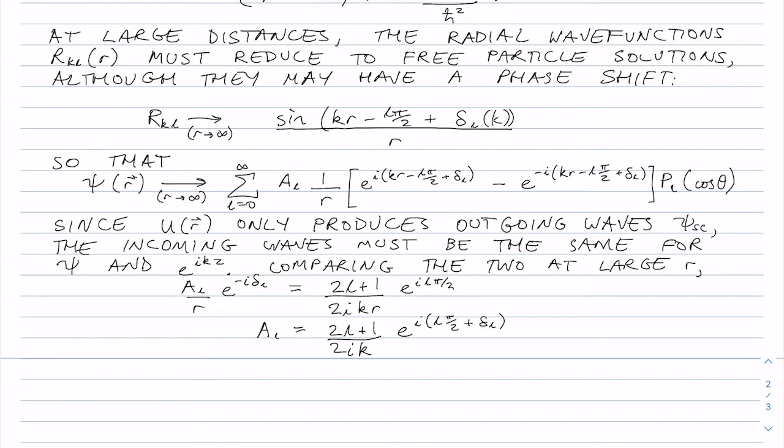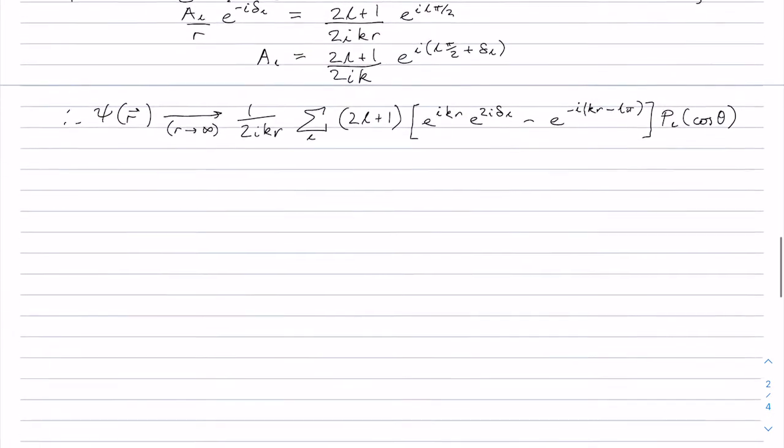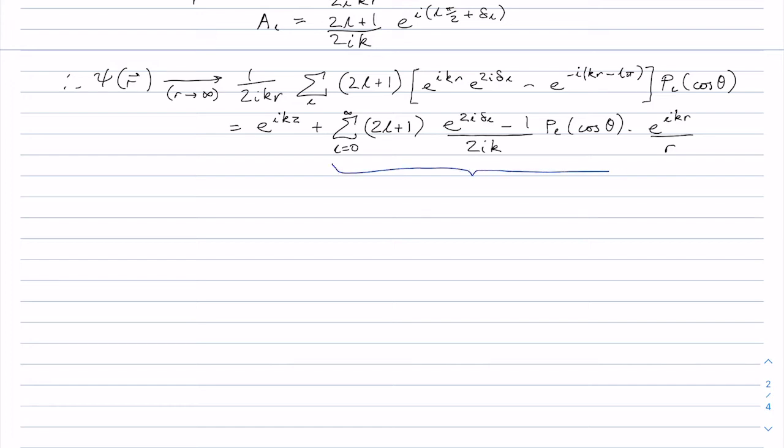And that means that we can write the wave function itself at large distances. So the wave function has now been written in terms of the beam and the scattered part, and moreover I've been able to take out the factor of e to the ikr over r, which is independent of L, and so this part here is what I wrote previously as the scattering amplitude,